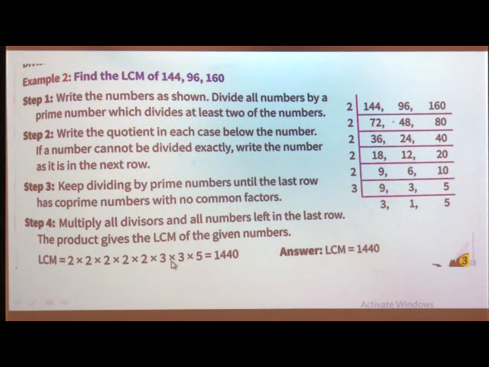So we found the LCM of large numbers, that is 144, 96 and 110. Again, my dear students, I will explain because it is new for you. First you have to write all the numbers which are given. If you have 4 numbers, then you have to write the 4th number also. Then you see if you have an even number in the ones place. Here we have an even number in the ones place, so we start with the prime number 2.